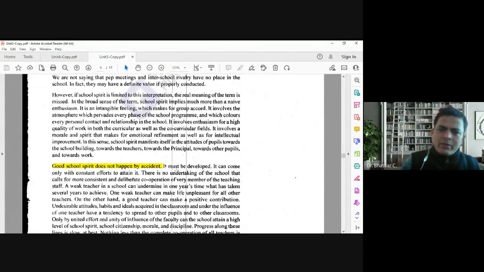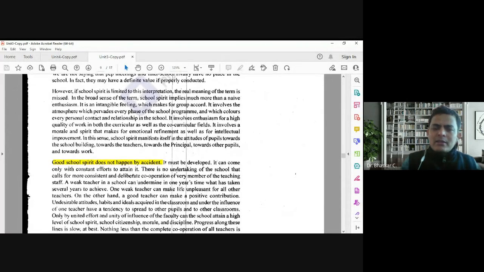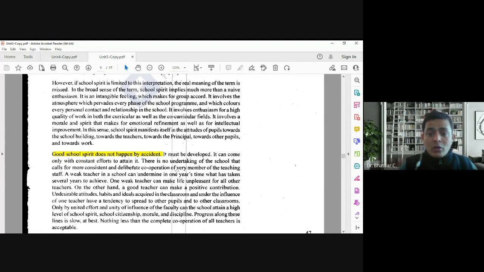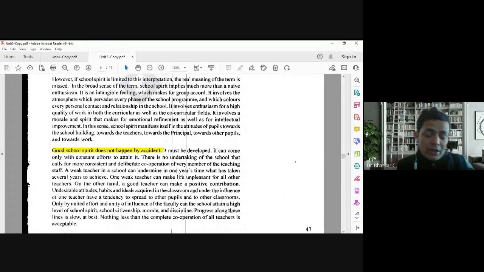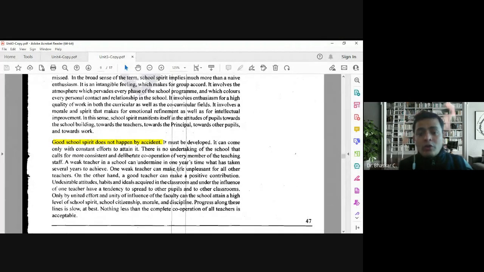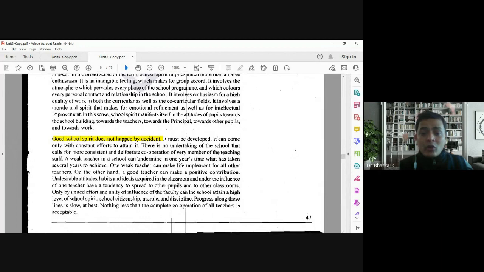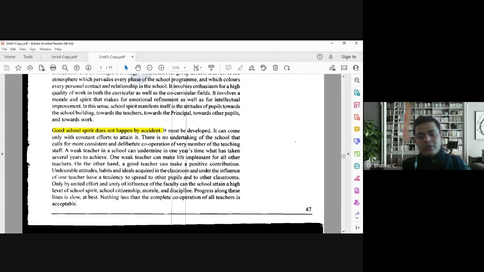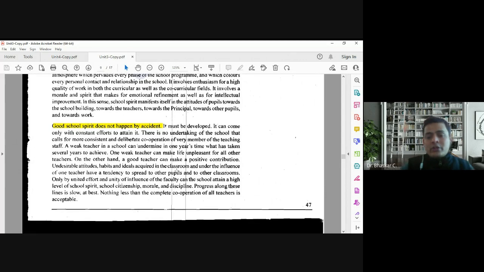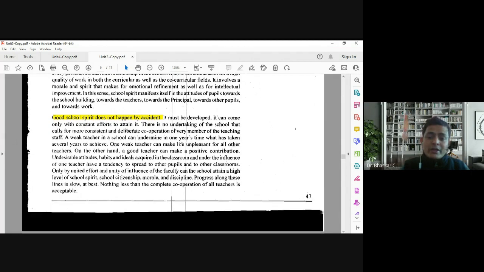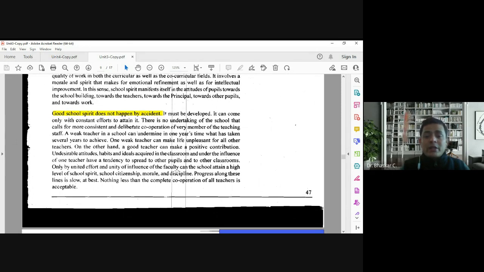It must be developed because unless and until the teachers themselves are able to understand the actual meaning, the wider meaning, the wider scope of these co-curricular activities, they will not try further to organize such activities. So for those teachers who are not very comfortable with the co-curricular activities, they must be taken into confidence,